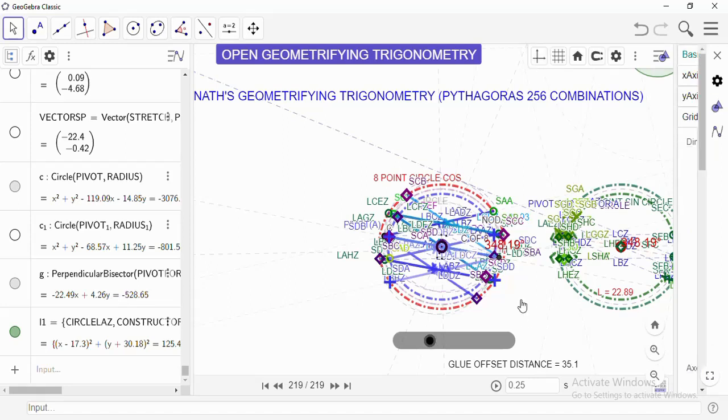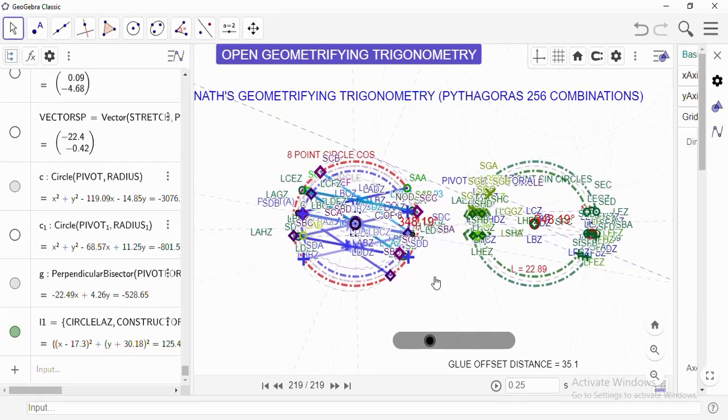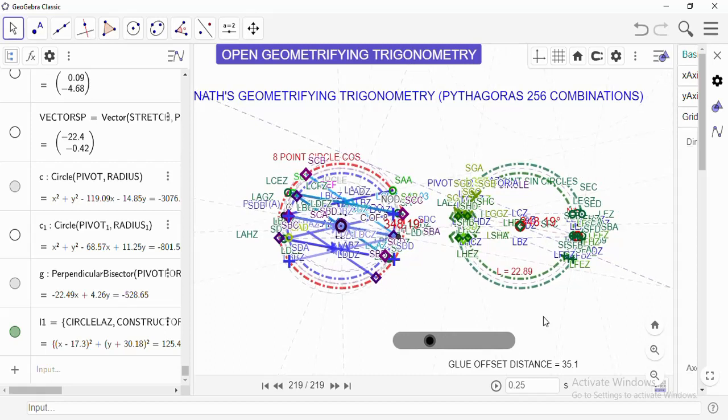And if you study these GeoGebra files, then you will also understand the construction protocols: how to construct things in geometry, how to reason about things with geometry, how to verify geometry problems with trigonometry, and how to construct trigonometry problems with geometry. Our mission in geometrifying trigonometry is, point 1, to convert all trigonometry problems into geometry diagrams